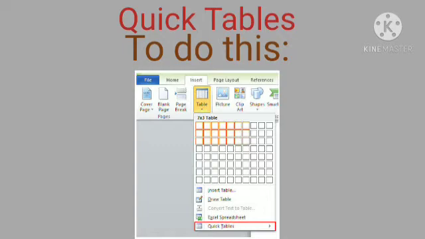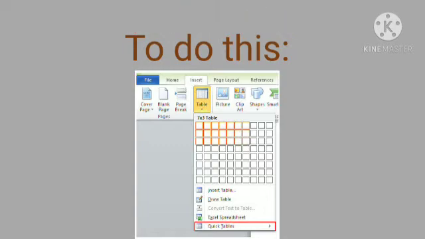To do this, first click on Insert tab. Tables group, select Quick Table. Second, select a style from the table list. And third, after previewing, select the format. The table will be formatted according to your choice.